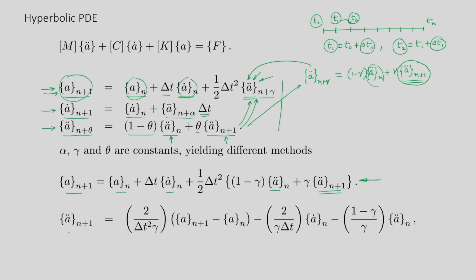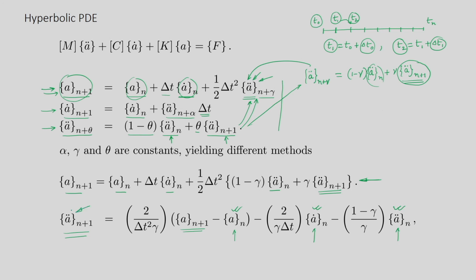So this is what you will get: acceleration at n plus 1 is equal to displacement at n plus 1, and this is displacement at nth instant, velocity at nth instant, and acceleration at nth instant. As I said, these three terms are actually known to us because this corresponds to displacement, velocity, and acceleration at nth instant. So at nth instant we actually know everything, and we want to find out the displacement, velocity, and acceleration at n plus 1th instant. So that's how we move ahead.